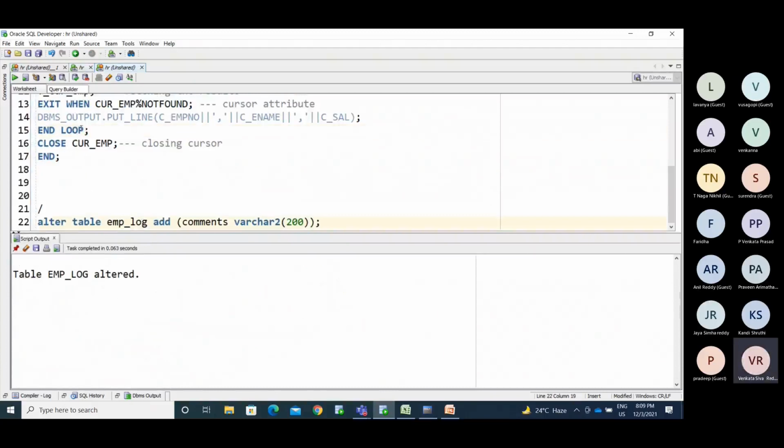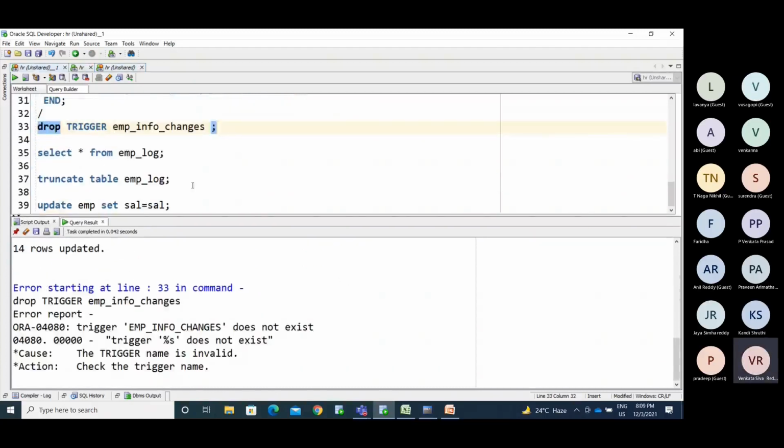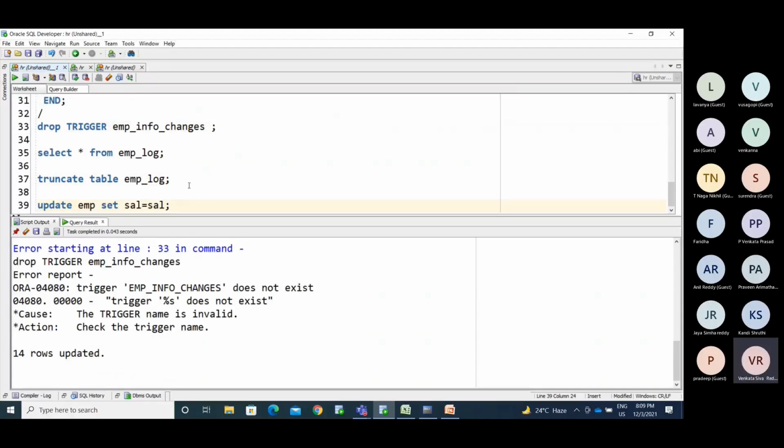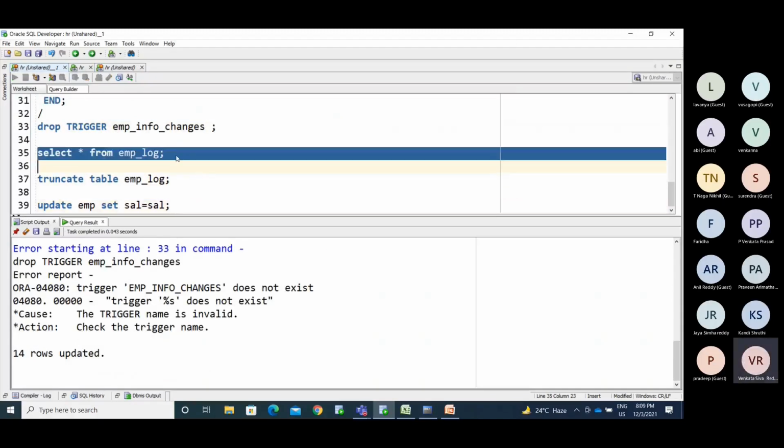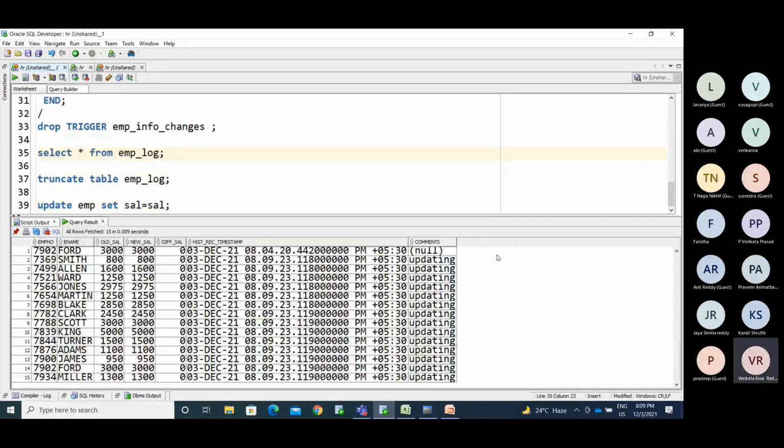Okay, so now I'm updating that information. So we will get the update information. Now the 14 rows are updated. Check in the employee log table. Now see, updating, you are getting the updated information. You are getting the 15 records.